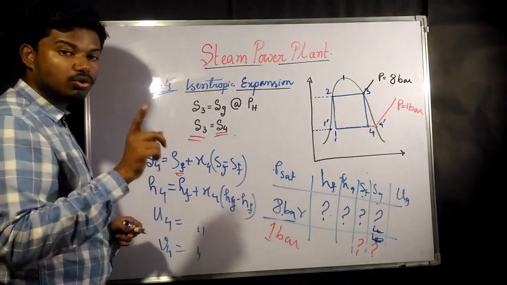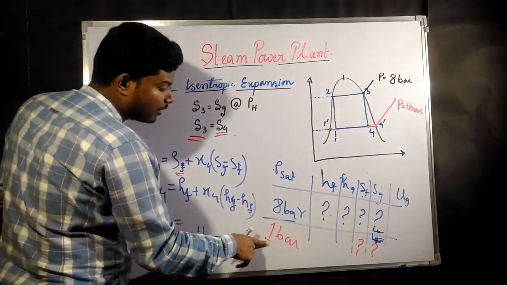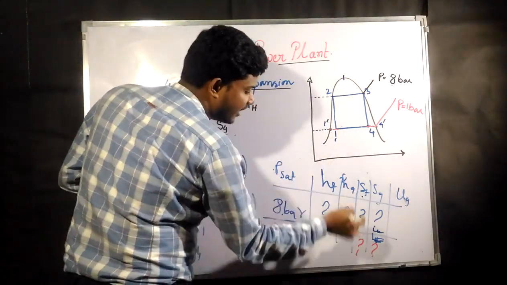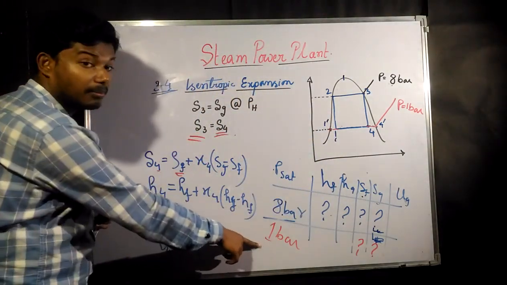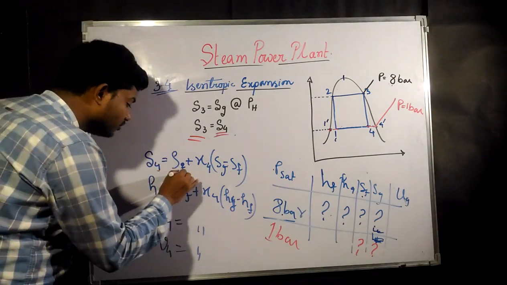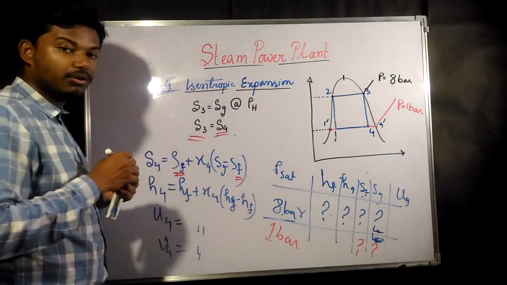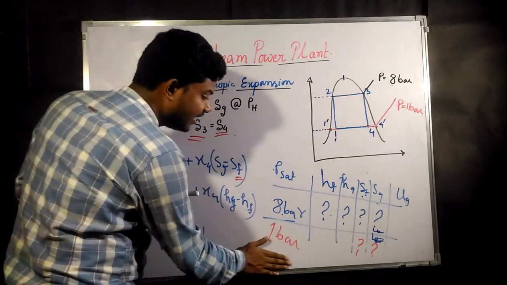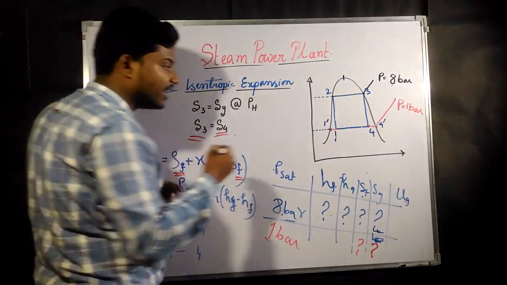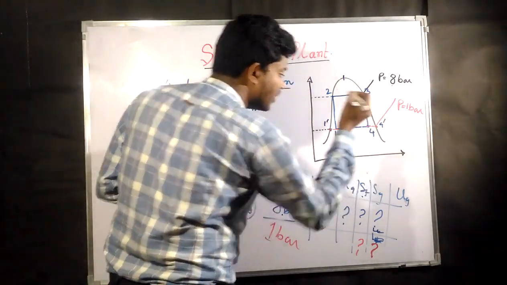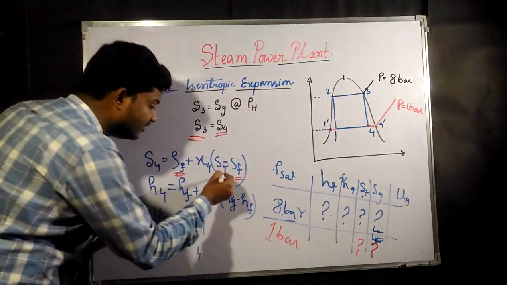So you will go to the steam table. At 1 bar you will find a value of SF. SF means, at the fluid line, what is going to be the entropy. We will find it at 1 bar, so this value you will put here, and here, because we are going to use SF twice. Similarly, at 1 bar, what is going to be Sg? The Sg value will also be given, at the gaseous line. What is your entropy at 1 bar? This you will put here.